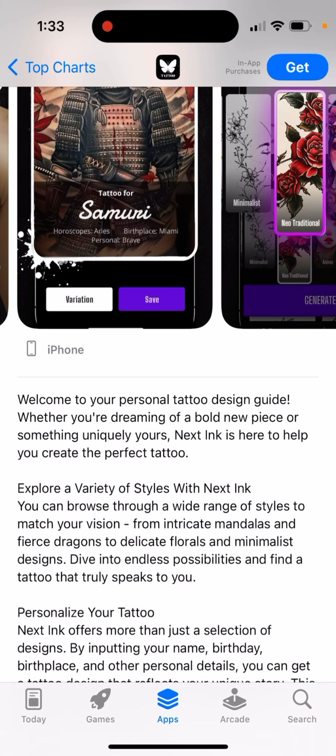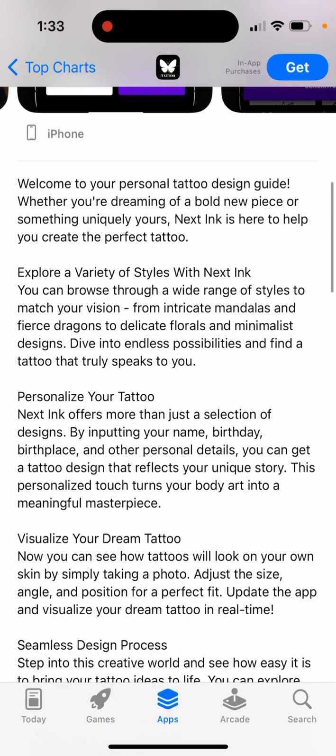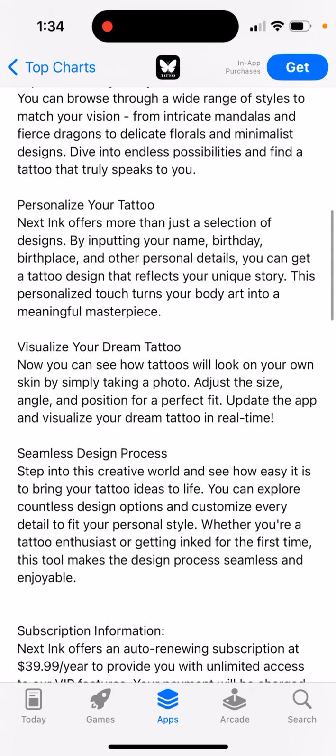Whether you're dreaming of a bold new piece or something uniquely yours, Next Ink is here to help you create the perfect tattoo. Explore a variety of styles with Next Ink. You can browse through a wide range of styles to match your vision, from intricate mandalas and fierce dragons to delicate florals and minimalist designs. Personalize your tattoo, visualize your dream tattoo,